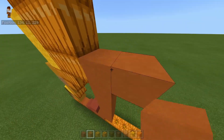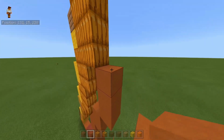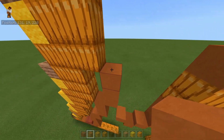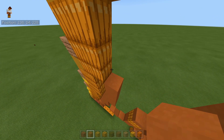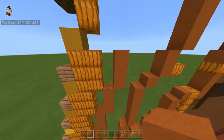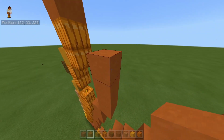And then place 2 blocks going up on the right. Then place 2 sets of 3 going up on the right with your orange terracotta. And then place 4 blocks going up on the right with your orange terracotta, and then place 2 sets of 3 going up on the right with your orange terracotta, and then place 4 blocks going up on the right with your orange terracotta, and then place